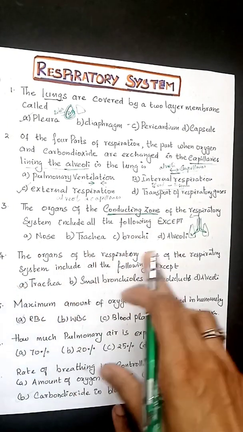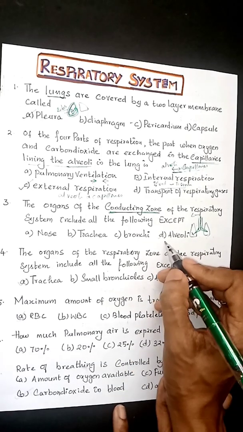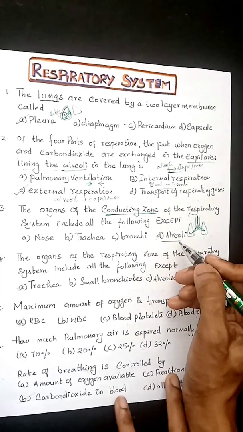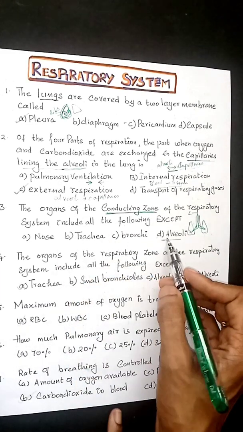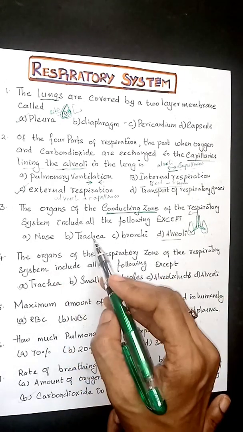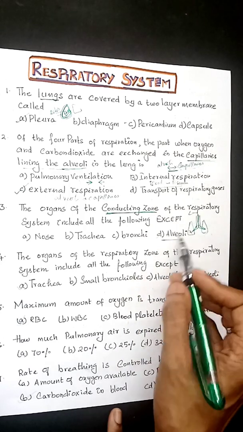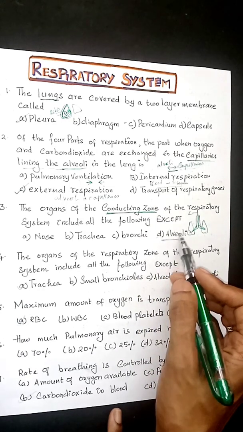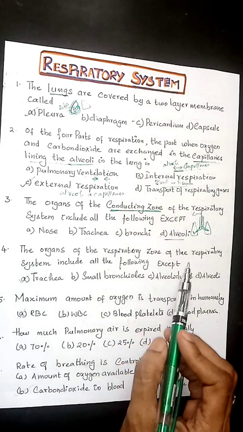Nose, trachea, bronchi and alveoli. Alveoli is the part where the gaseous exchange takes place. The organs except alveoli will come under the conducting zone. So nose, trachea, bronchi will come under conducting zone and alveoli will come under the respiratory zone. The organs of the respiratory zone